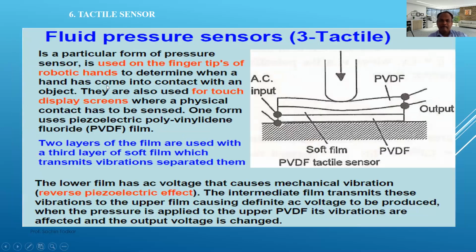Now the tactile sensor. I have told you about this just now. These tactile sensors are used in the fingertips of robotics. So robotic hands are an application of this tactile sensor, to determine when the hand has come into contact with the object. So if the hand of a robot comes into contact with a particular object, then it will show you